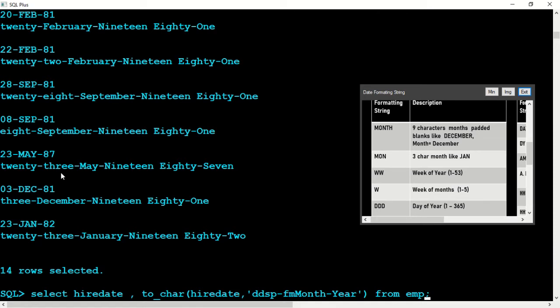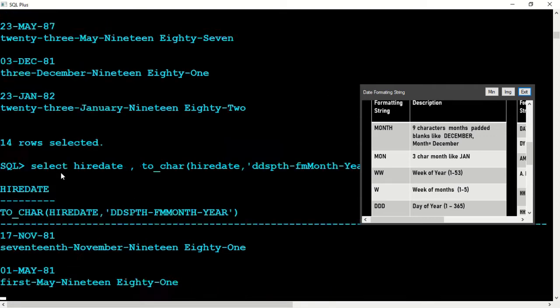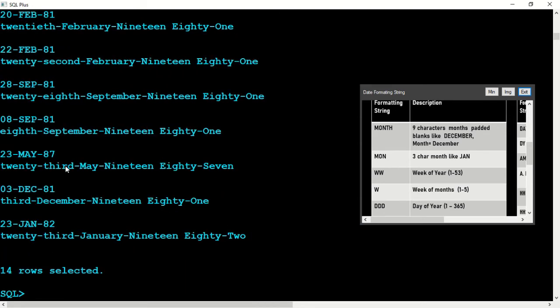So what we'll do, I'll say spell it plus you put the th also, so that first, second, third and so on. So press enter. Let's see, 23rd, you can say 23rd May 1987. Now this year 18th September 1981, again 28th, you can see 28th September 1981, here 22nd, right, 22 means 22nd February 1981, right.